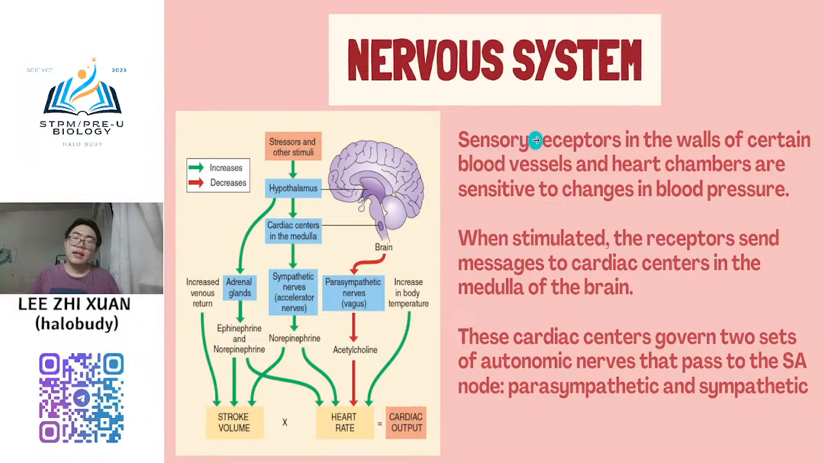So normally there are sensory receptors around our body. You know that in our nervous system there are many sensory receptors. The sensory receptors in the wall of certain blood vessels and heart chambers are very sensitive to changes in blood pressure. So when your sensory receptor is stimulated, the receptor will send the message to the cardiac center in the medulla of the brain. So if you see this diagram,